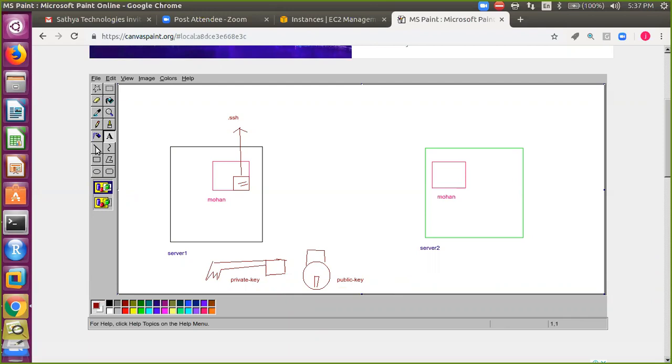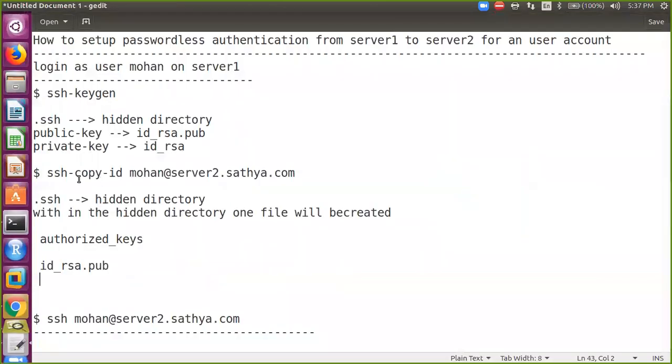After entering ssh-keygen, when you enter the second command, ssh-copy-id, you are copying the id to mohan@server2.satya.com, to the user account on server2.satya.com.